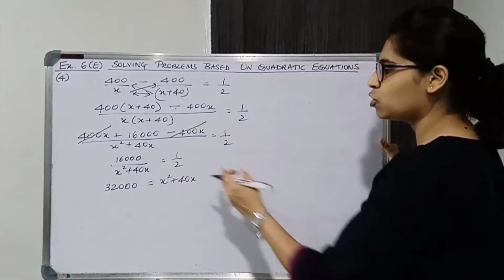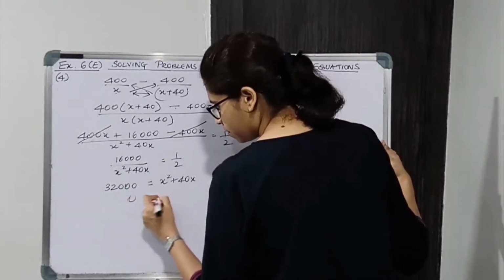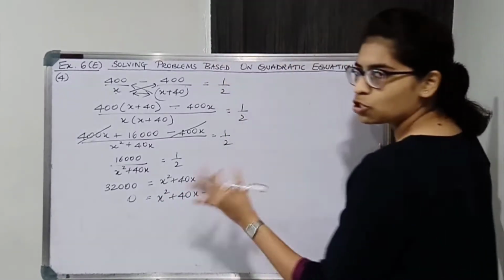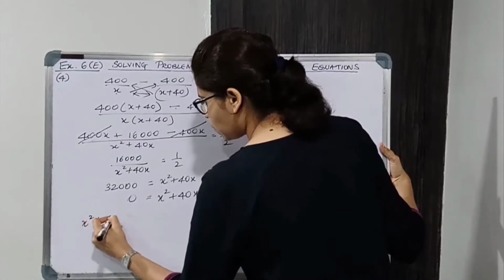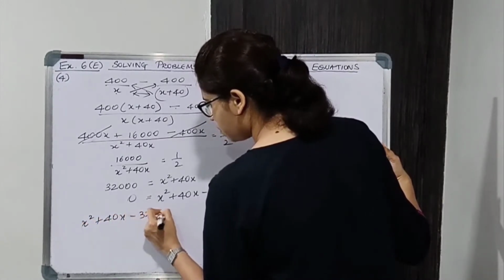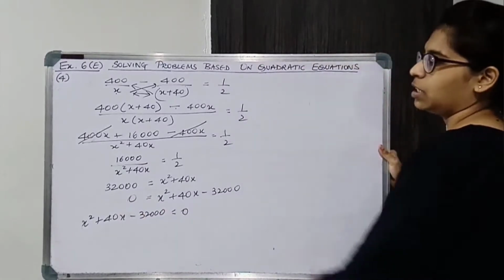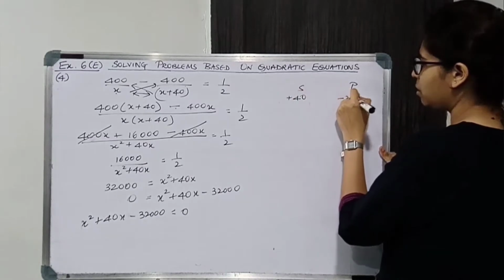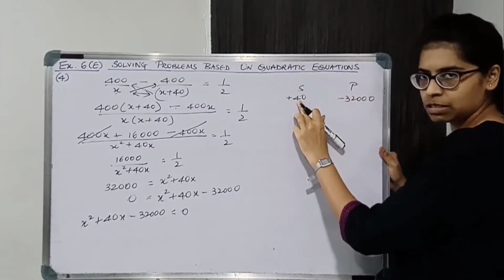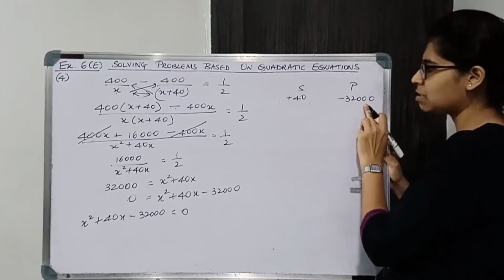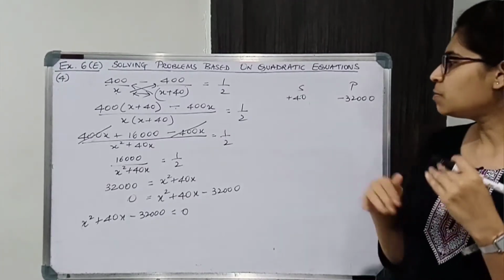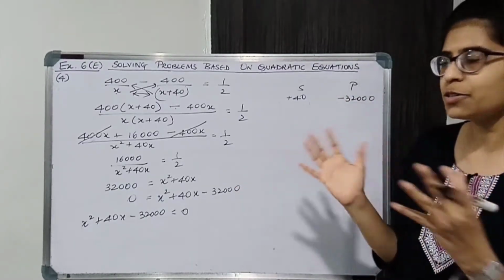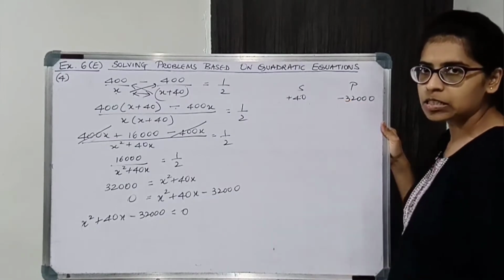Shifting this on the other side, मुझे x square positive चाहिए. Now switch the sides. तो x square plus 40x minus 32,000 is equal to 0. So sum and product. Sum is plus 40, product is minus 32,000. This is in zeros, मतलब this is tens में, this is thousands में. So this means that the numbers that we are multiplying or subtracting are in thousands, hundreds. Hundreds में या ऐसे होगा. That is why we are getting answer in thousands.